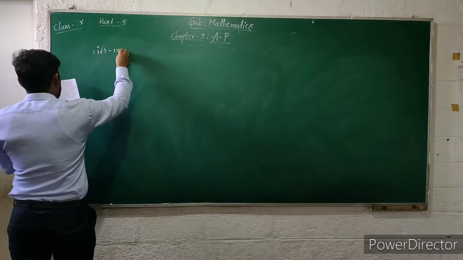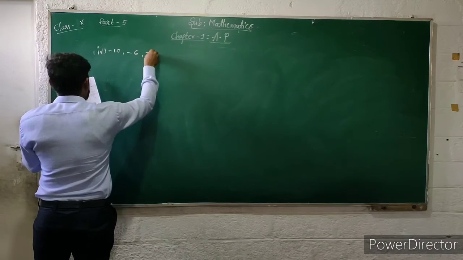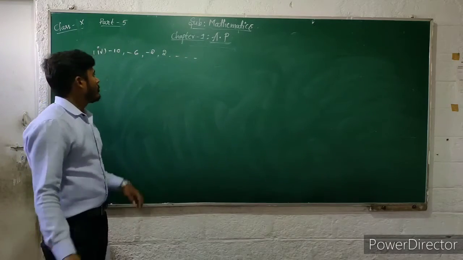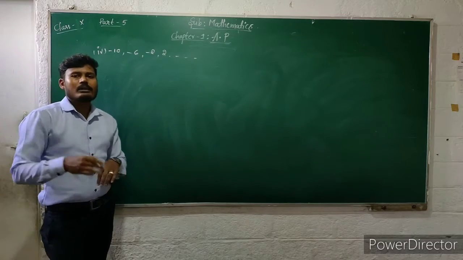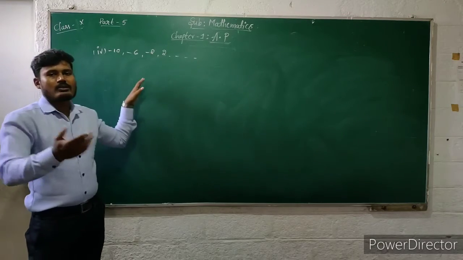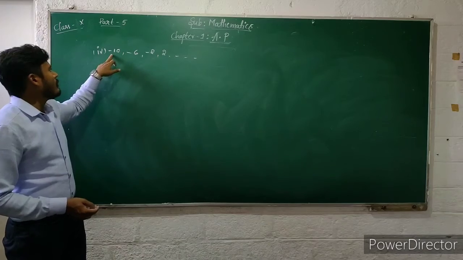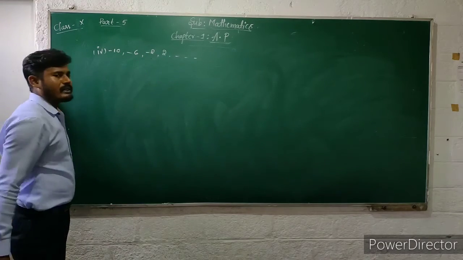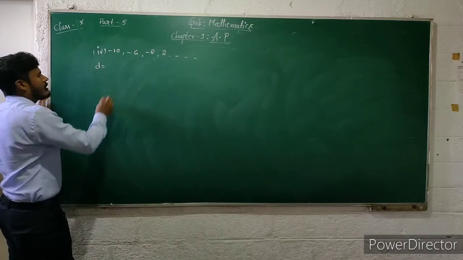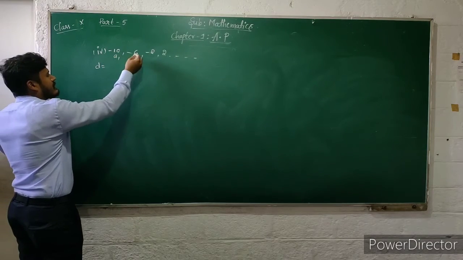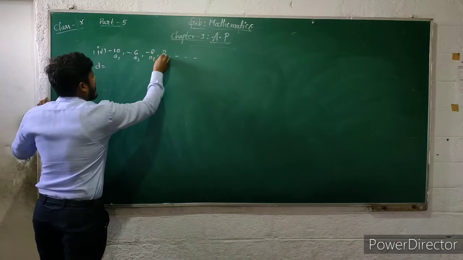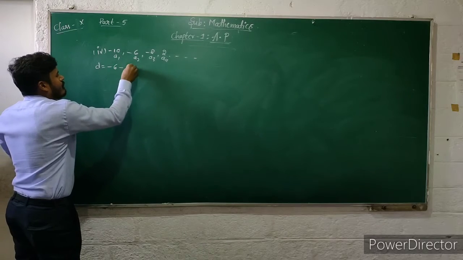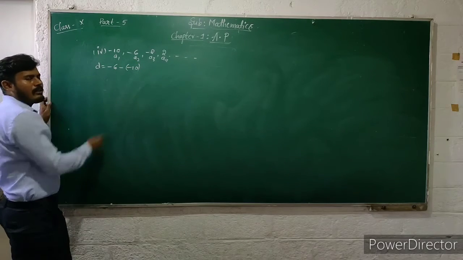Minus 10, minus 6, minus 2 and 2 and so on. We have not much time to talk or solve so many problems. So these are the terms of a sequence. First you should find the common difference of these terms, A2, A3 and A4. So here A2 is minus 6 minus of minus 10.